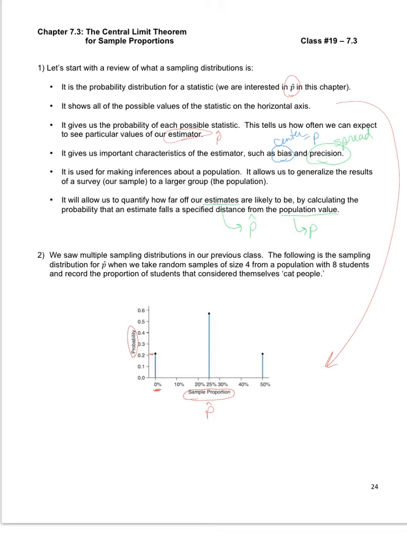All right, so number 2, we saw multiple sampling distributions in our previous class. Following is the sampling distribution for p hat when you take random samples of size 4 from a population with 8 students, and you record the proportion of students that consider themselves cat people. So in each of these values on your horizontal axis, your p hat was the proportion of your sample